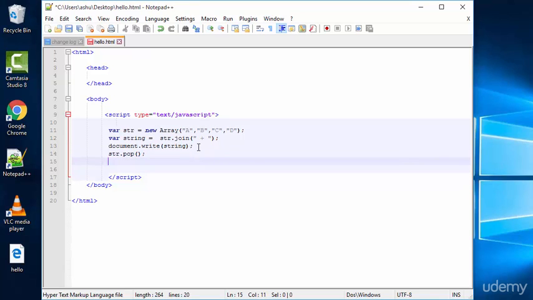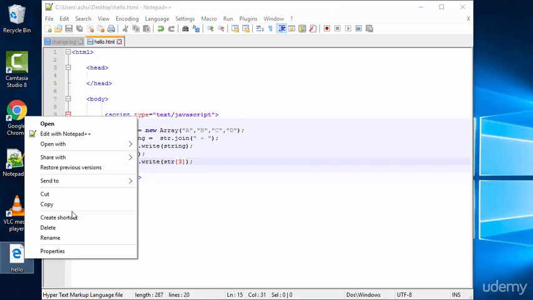Now just save it. In order to check whether the element has been successfully popped out, you simply go ahead and use document dot write, and inside the parameters we specify the element index. In this case, as the array is str, the index of this is 0, this is 1, this is 2, and this is 3. So inside it we specify 3. Then we save the code, and when you execute it on a browser,